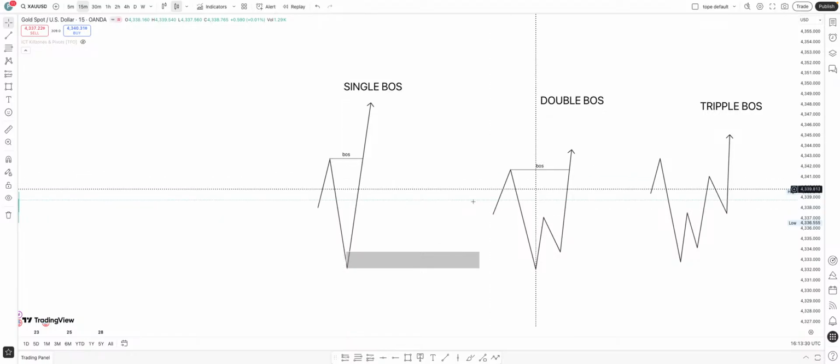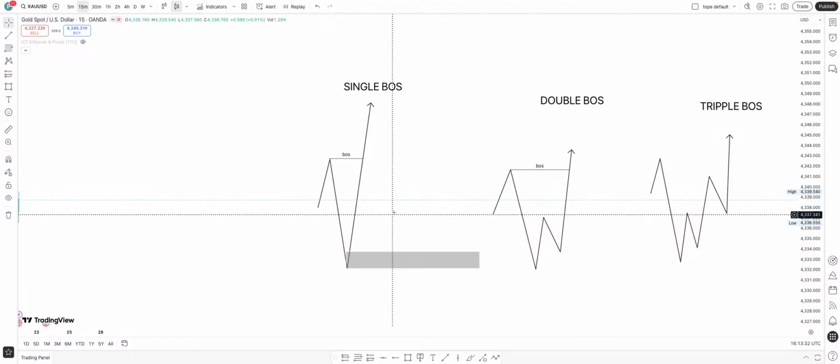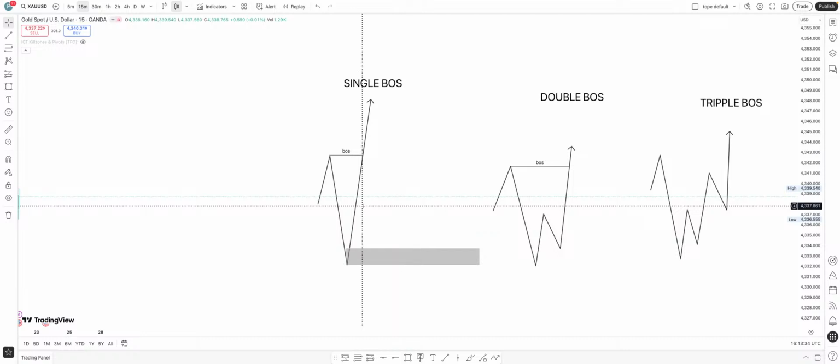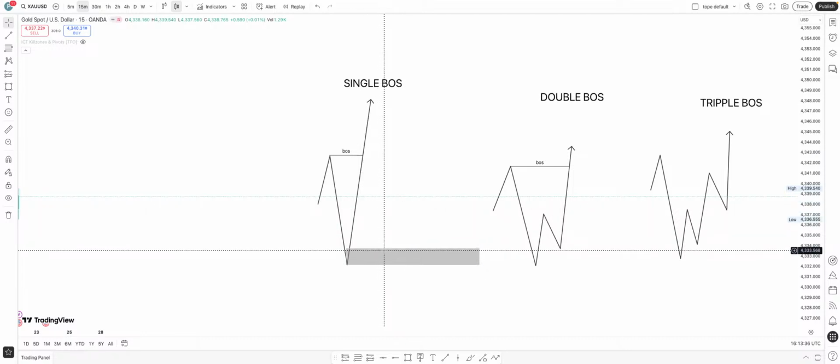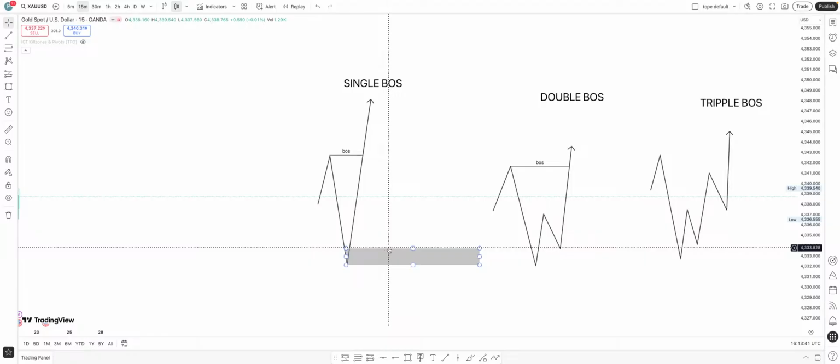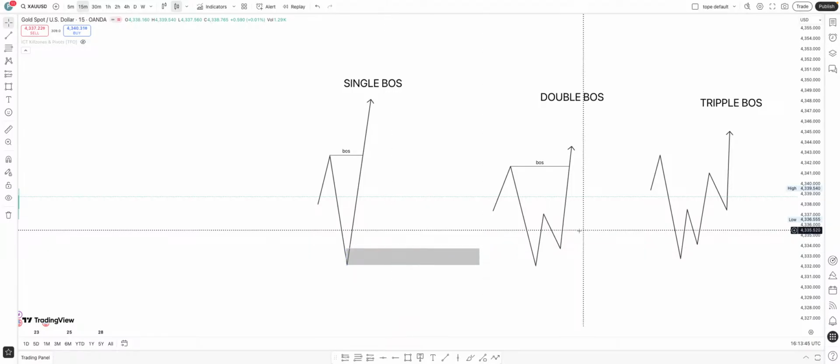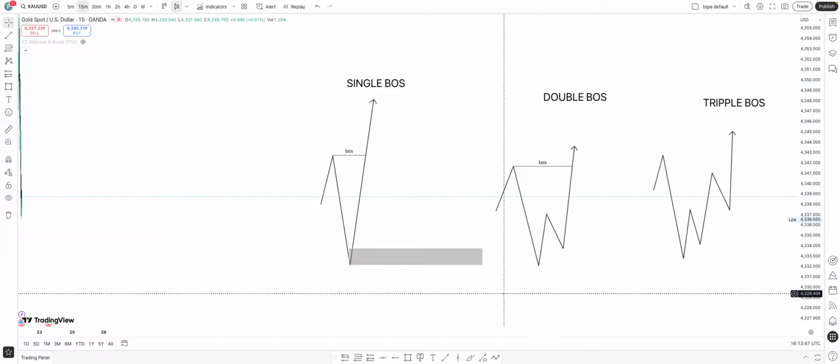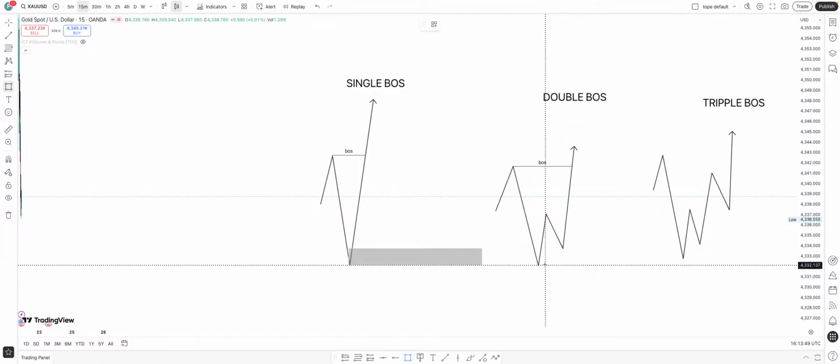Okay, so in a single break of structure leg, we have 1 point of interest, and this is very important. In a single break of structure leg, we have 1 point of interest, just 1 point of interest. And in the double break of structure leg, we have double point of interest because